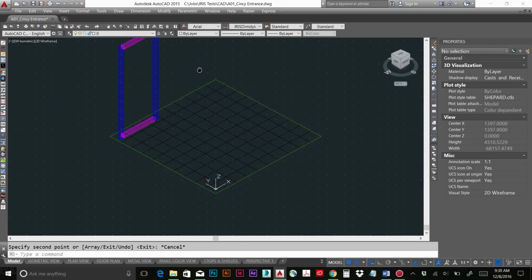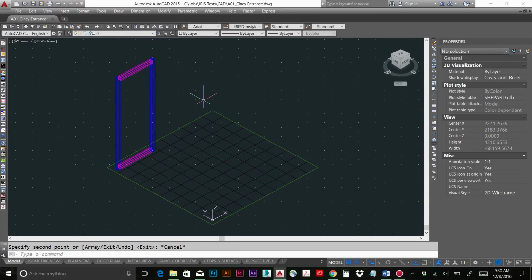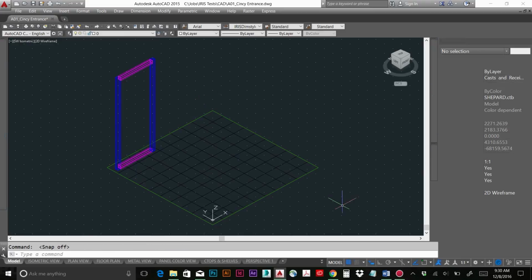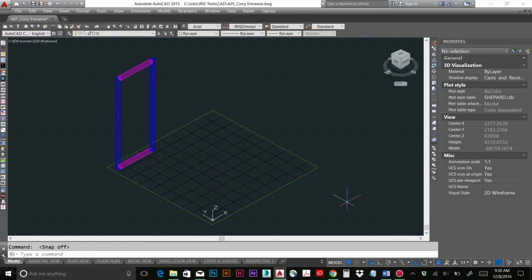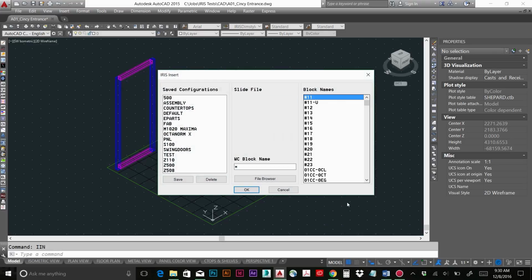And that completes our frame right there for the panel that we want to create. With the frame ready to go, we're going to go ahead and insert a panel into this. And using the cheat sheets that we have that tell you the sizes of the panels and give you the alphanumeric conversion for it, we're going to insert a Maxima,